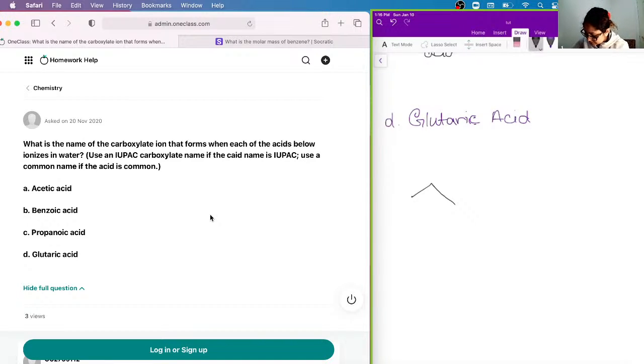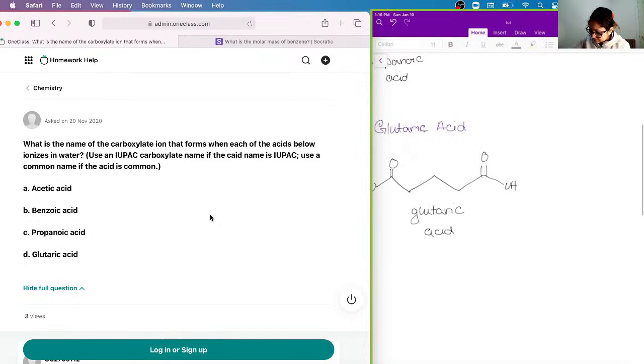It has two carboxylic acid groups. This is your glutaric acid, and it reacts with water, H2O,